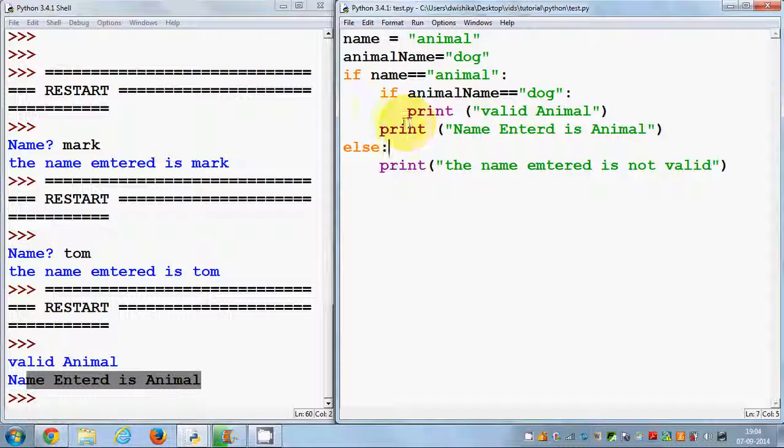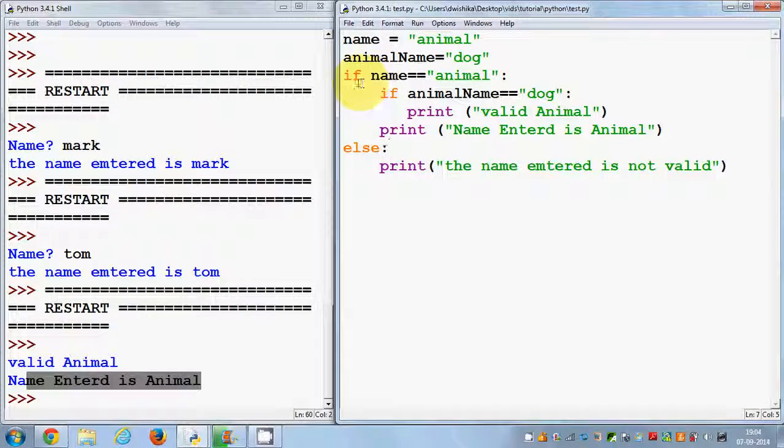And just remember that whenever you want to give the statement or code for this if condition, just make sure that this is in line with this if, and whenever you want to give the code for this if condition, you just give your statement along this line. Okay, so just remember indentation, and this is called the nested if else condition. So what we have done,